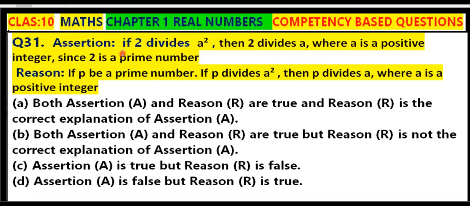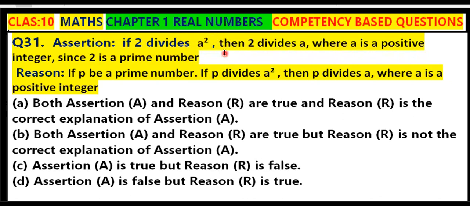Assertion reason based question. Assertion: if 2 divides a square, then 2 divides a, where a is a positive integer, since 2 is a prime number. क्योंकि 2 प्राइम नंबर है और a कोई पॉजिटिव इंटीजर है, 2 कोई भी प्राइम नंबर किसी पॉजिटिव इंटीजर के मींस किसी नेचुरल नंबर के स्क्वायर को डिवाइड करता है तो उस खुद नंबर को भी डिवाइड करता है।